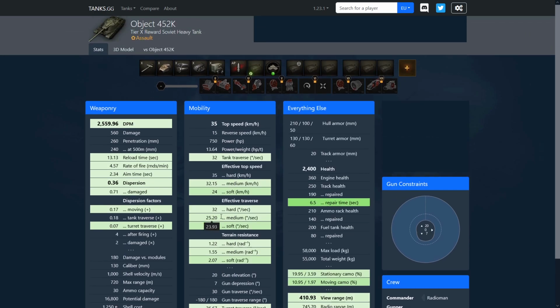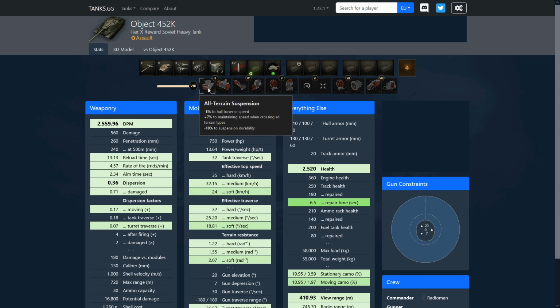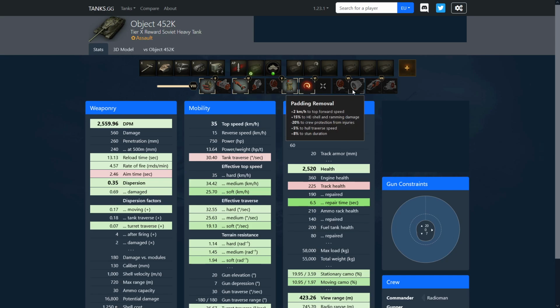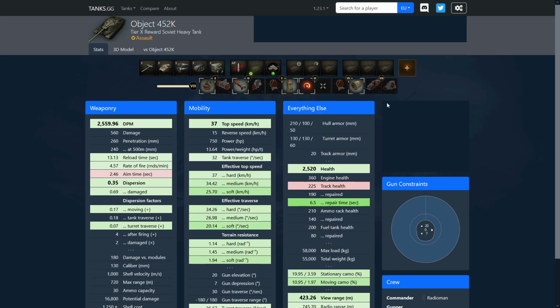I think this is my desired setup. But now if you max it out and you get this, probably you want to put plus 7% maintaining speed, better dispersion, actually better accuracy, some better view range, and a mobility slot. Give me the 2 kilometers an hour, because artillery aren't that popular anymore. And on top of that,